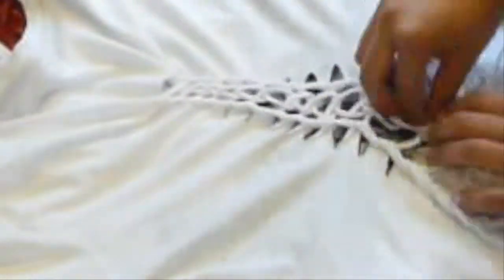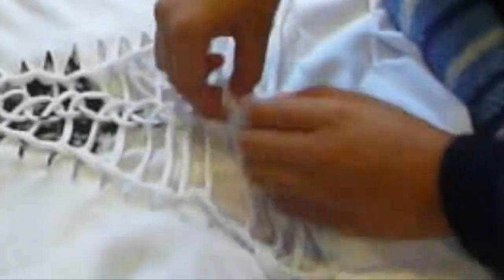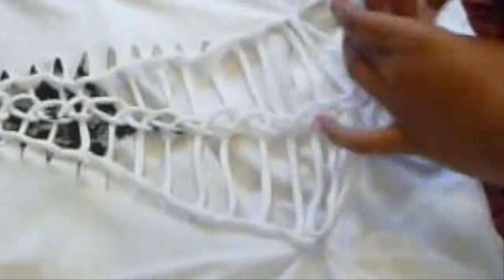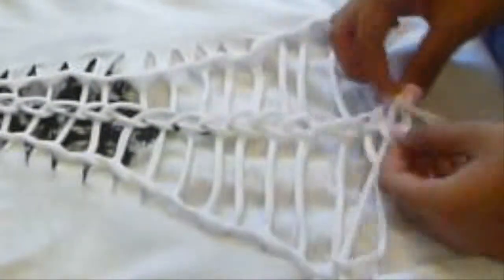So here I'm just speeding up the process, and it literally just looks like rings in the middle of your shirt. And what's really cool about this, it actually kind of looks like a plait. And by the time you get down to the bottom, all you need to do is twist it and pull it through the second to last hole that you just made, and then pull it straight through